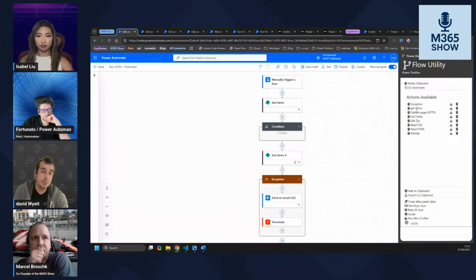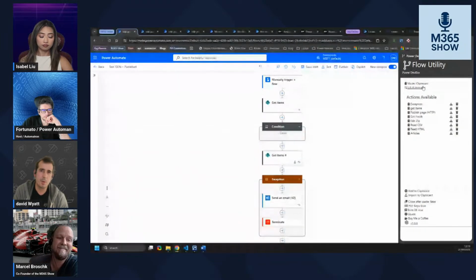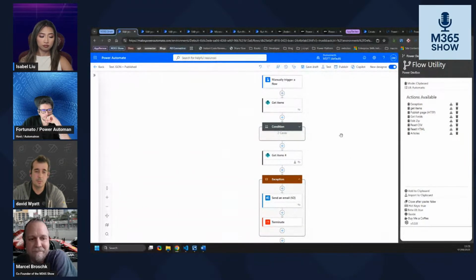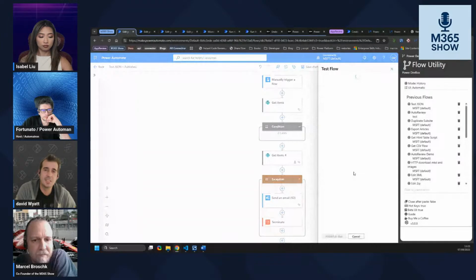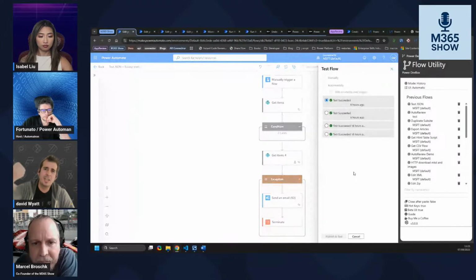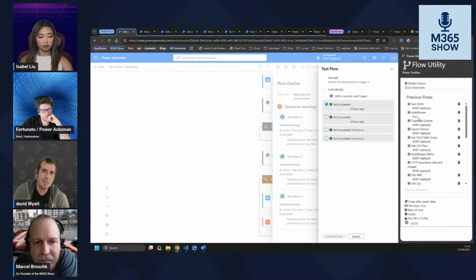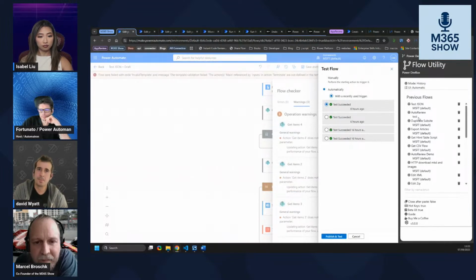It does do other things as well. If you don't want the new UI, it can force the classic UI, and it has some hotkeys as well, which are quite nice. So in theory, you can do an Alt-T, and it will run tests for you automatically without having to key things in. And it's got a bit of a history of all the flows that you've done in case you can't find your flow. So really it's this Swiss Army knife of tools that makes your life a little bit easier.